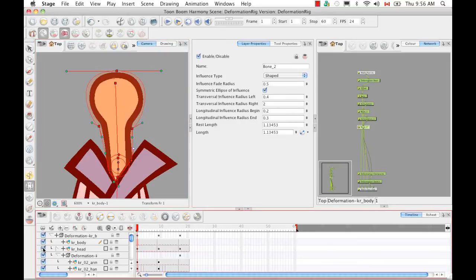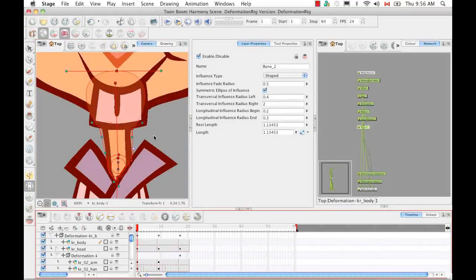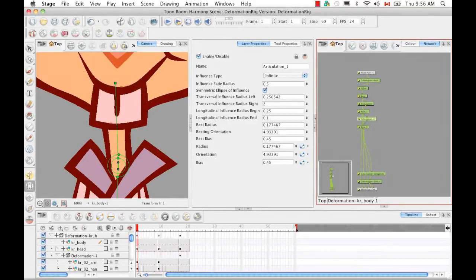Okay, so that looks pretty good. I'm just going to bring the head back. And so what we're going to do is make sure that this neck bone is selected, copy resting position to current. Then I'm going to hide the zones of influence, get out of setup mode, go back to the neck articulation,